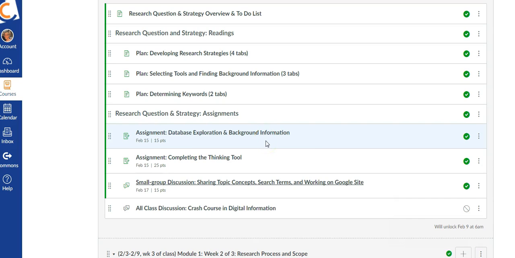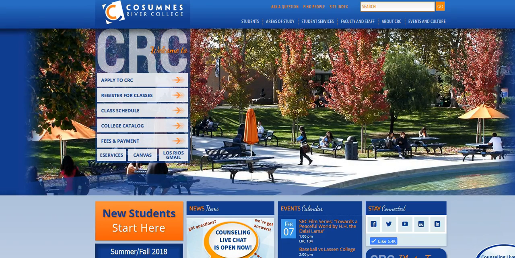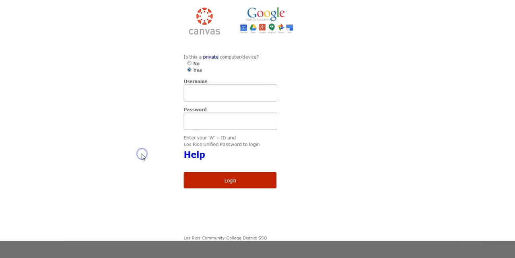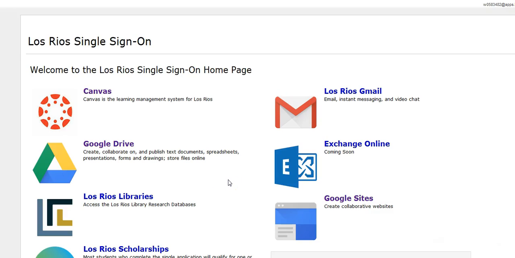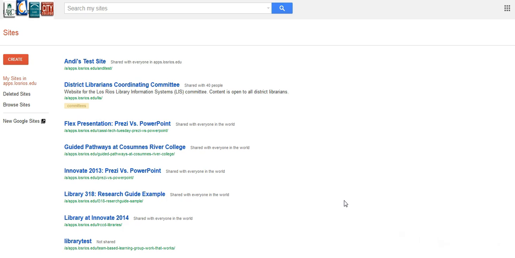This is the first week that you're going to be working on your Google site as well, and I want to show you how to get to that. So you're going to log in just like you would log into Canvas. But when you get to this screen, to see your Google sites, it's over here in the lower right corner. So you'll click there. I created them in new Google sites. So you're going to go here